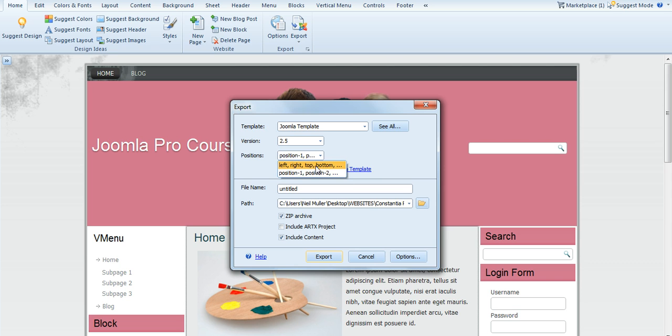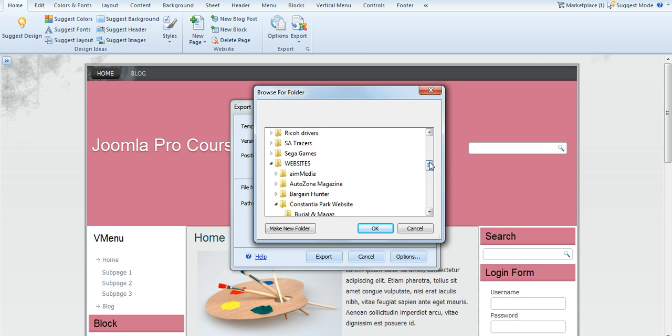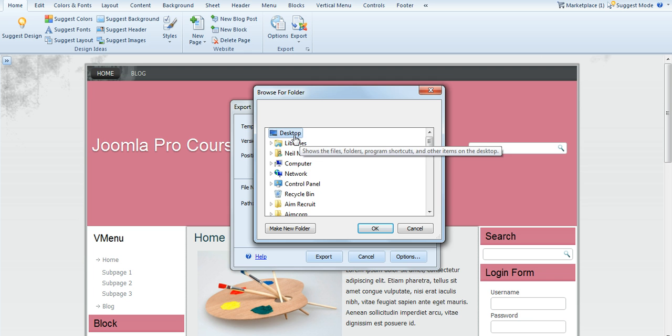Then you can change how you want your positions to be named in your template, in your Joomla backend. I'll advise you to keep it to the basics, or the easiest one is to use it as left, right, top and bottom. You can rename your template. I'll rename it test Joomla Pro,